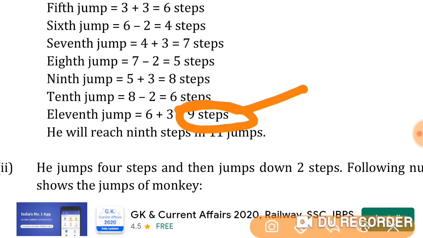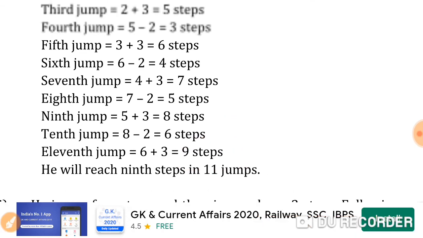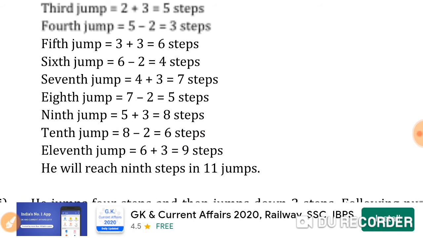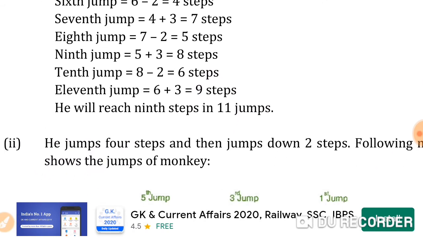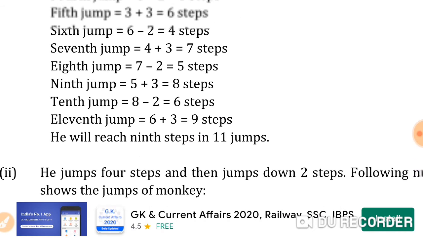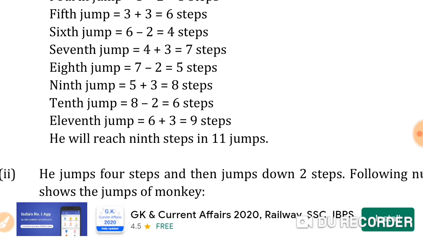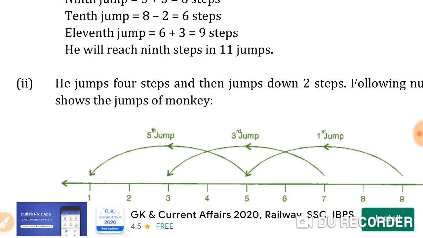Okay, in how many jumps will he reach the water? 11th jump. You can do this activity at home also. If you have steps or a staircase at home, you can count it like that also. Going down 3 steps, consider it as the first jump, going back is the second, and so on with the jump counting. Okay, you can take the help of your friend or your sister or brothers.